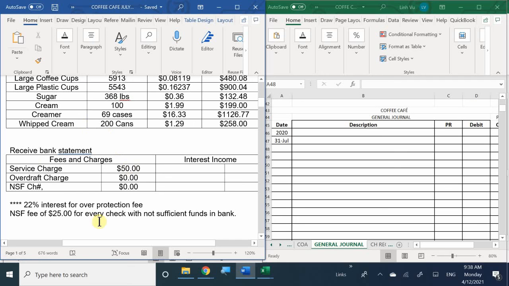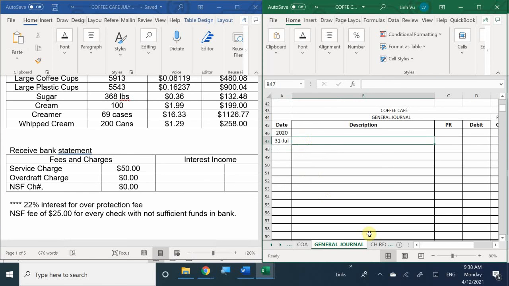Receive bank statement. Okay. So in this case, my business did well. No NSF checks, nor did I overdraft my bank account. So in this case, how much was my bank services? It was just $50. So what account am I going to use to recognize my bank service charges? Bank fees, correct. So bank fees,